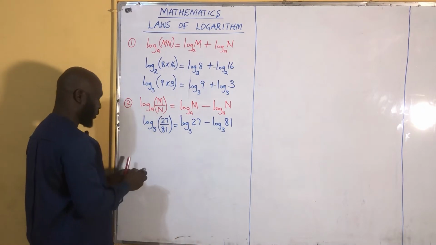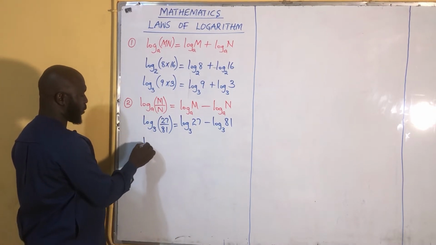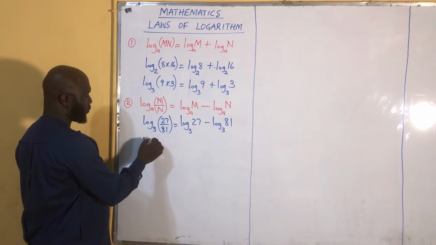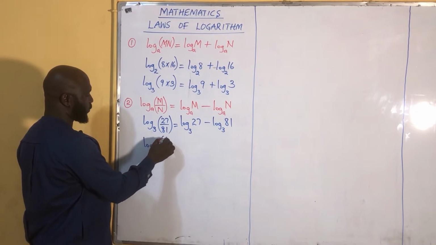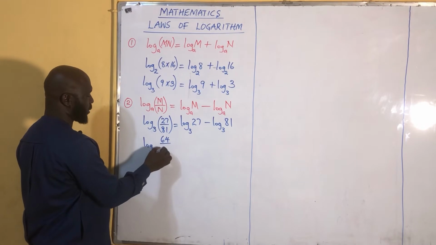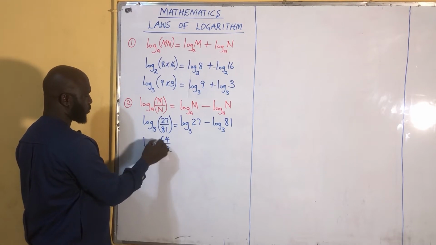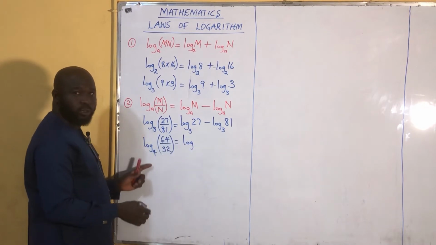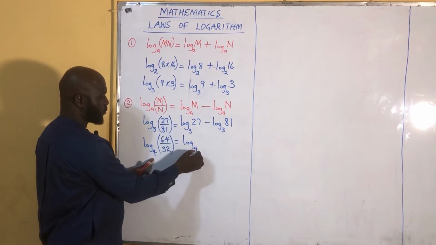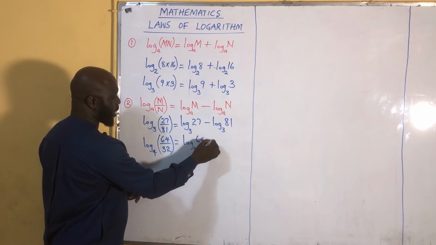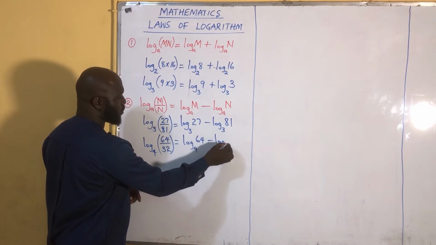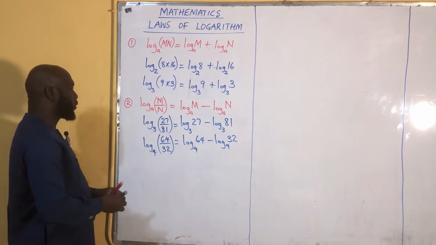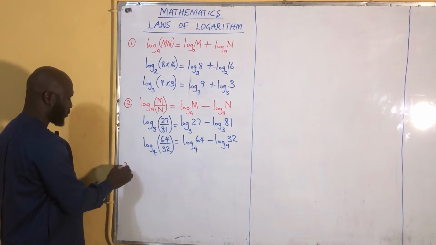Also, if you have logarithm in base 4 of 64 over 32, this can be expanded as logarithm in base 4 of 64 minus logarithm in base 4 of 32. And the third law states